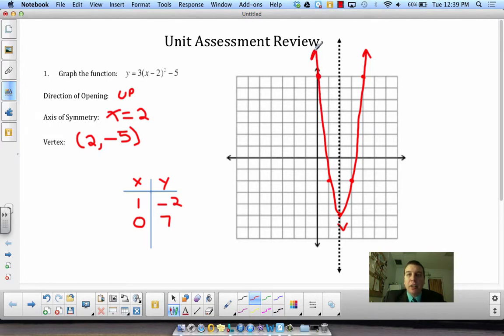Okay, so there's my graph of the parabola. Don't forget this is my x-axis. We got to say this is my y-axis. Now we also talked about when is it increasing, when is it decreasing. What are the values of the domain? What are the values of the range? This is actually part of the first question if you look at the review packet. So if I look at the domain,